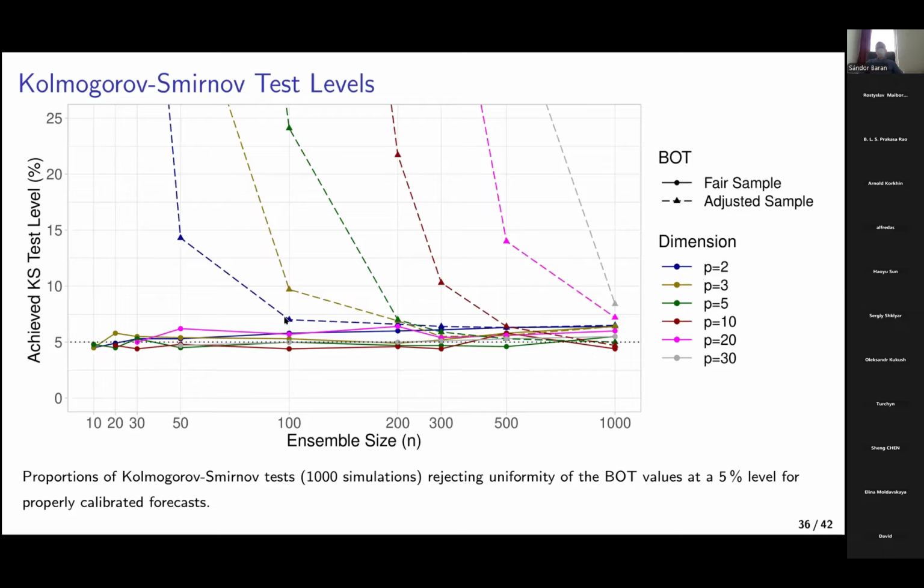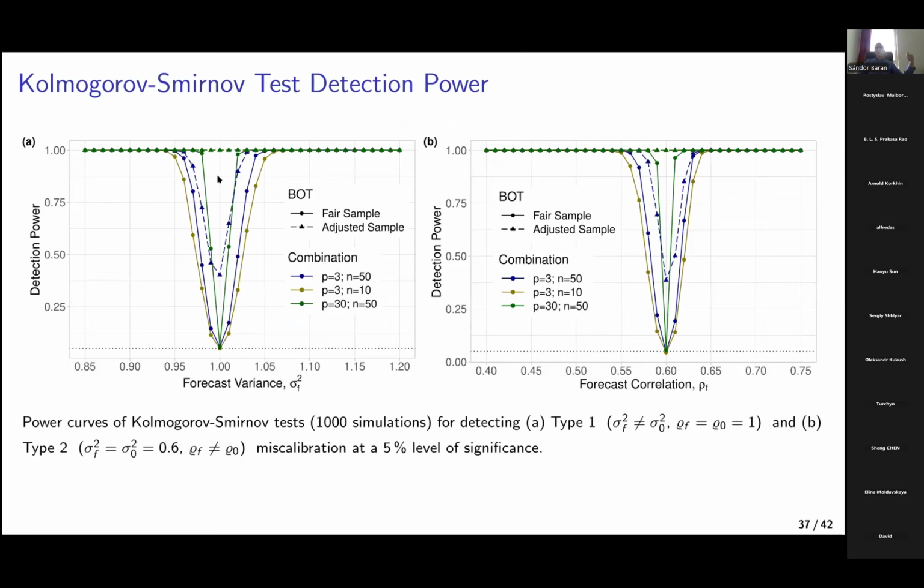And you see that even in 2 dimensions, we need around 100 samples to get close to the 5%. For 3 dimensions, you need around 300, and so on. In certain dimensions, around 1,000 samples are needed to get closer. So again, we see the superiority of the fair version. And we also considered the detection power of the Kolmogorov-Smirnov test in the case where we had a fixed correlation and deviation in the variance, or a fixed variance and deviation in the correlation. So the true value was here 1,